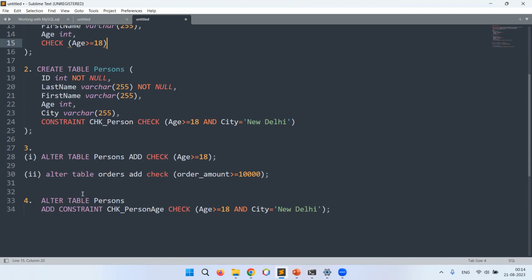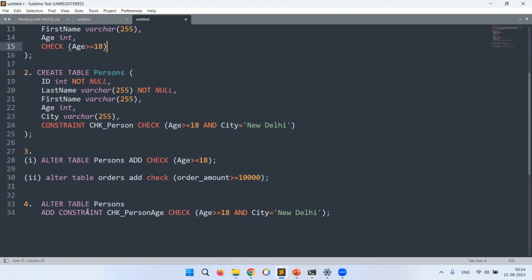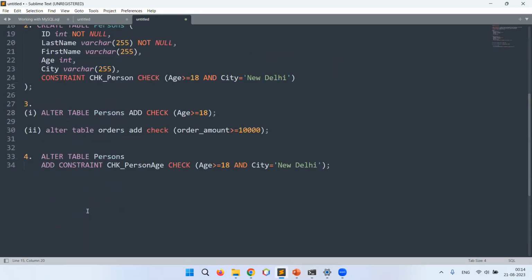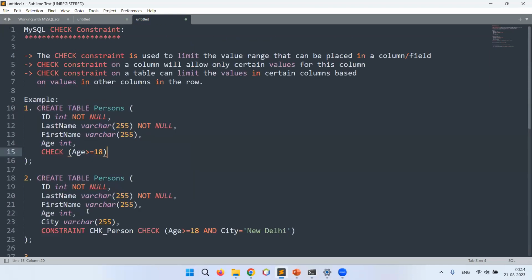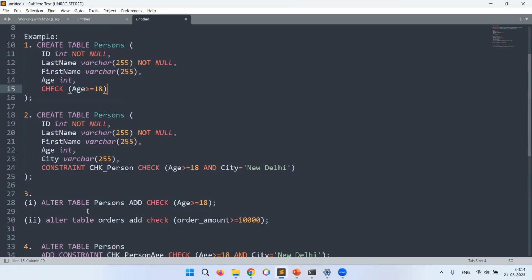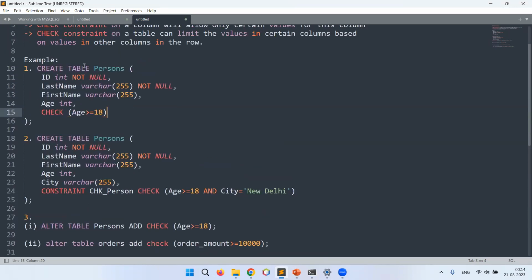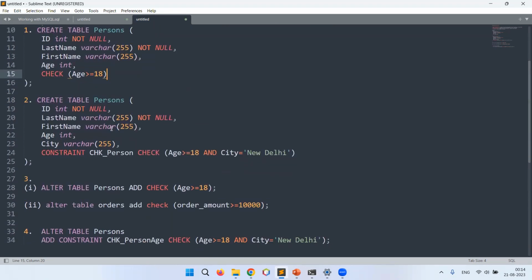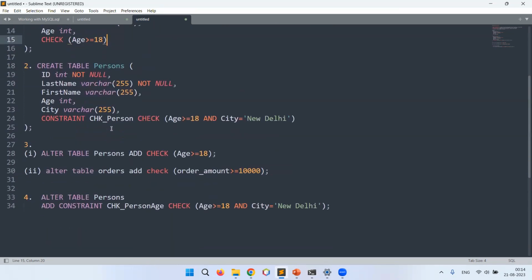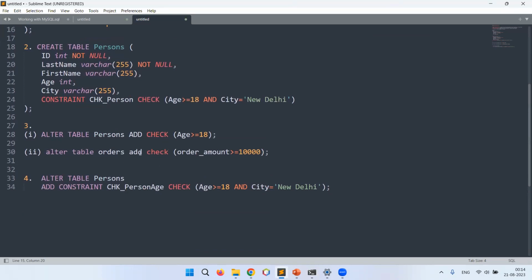And the 4th one is altering the table using this particular constraint. For all these table level constraints, we have these 4 options. Any of them we can use. Mostly some things will not work with the create table, so we plainly create the table, and later we can make use of alter table to add and drop